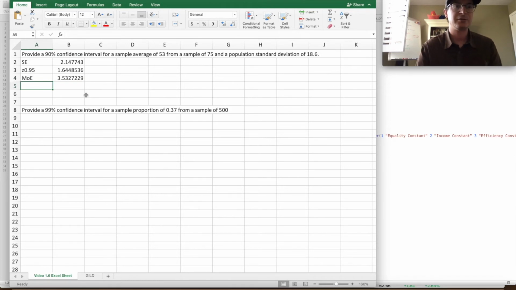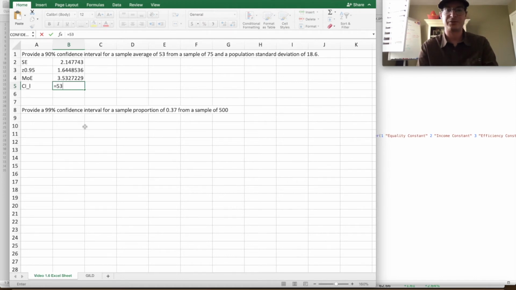So let's do the actual confidence interval now. So the lower value, call it CL for confidence lower, or I'll call it confidence interval L for the lower value. That equals X bar, which is 53, minus 3.532